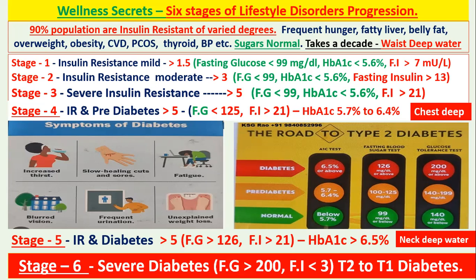Now people are saying you should check your blood sugars after 30. No, friends. Even with visible indications of overweight or belly fat, even at 16 years, people should get a blood test done. You must get fasting sugar, fasting insulin, and HbA1c, these three tests. With that you will know what stage you are in. If you are up to stage 4, even up to stage 5, with lifestyle modifications, you can reverse your diabetes. I hope I've clarified the stages, and you take action.